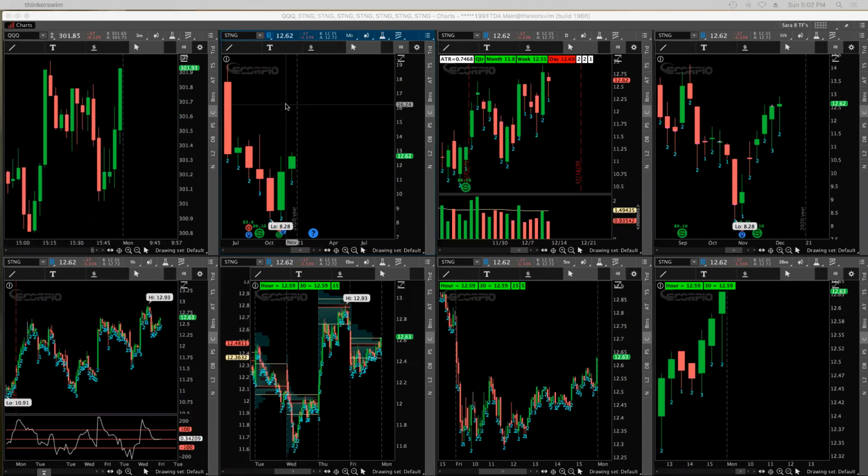And then this window here is for the monthly. This one's the daily. The one over here is the weekly. Bottom left is the hourly. And then we have the 15-minute, and I also have some volume profile POC things on that one. And then the 5-minute and then the 30. So what I do with these is I usually have on the daily,